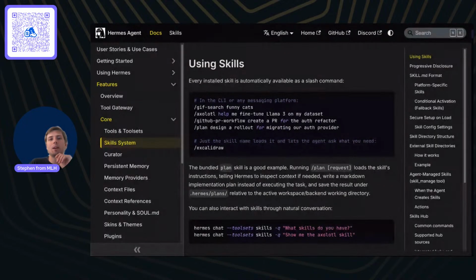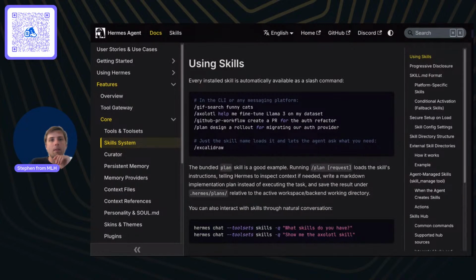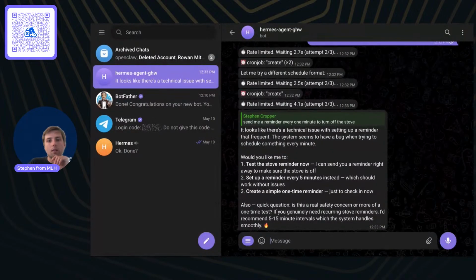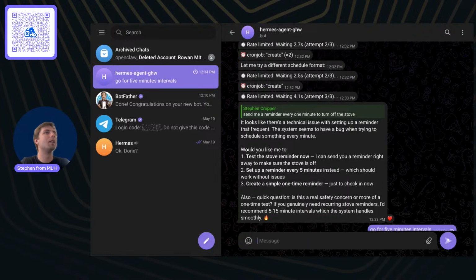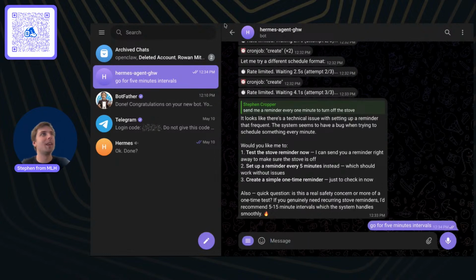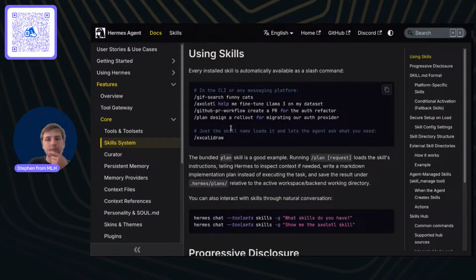Let me put this in my other screen so it's a little bit higher resolution. Give it a 5-minute interval. But yeah, so here's just a few examples of some skills that it can do,